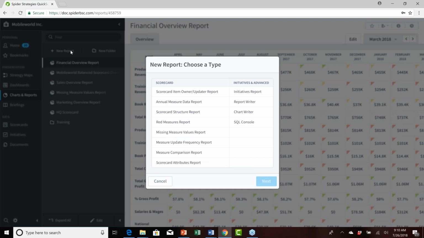In the left-hand column under the scorecard heading is what I call our out-of-box reports. And there are 8 out-of-box reports in the left-hand column. There's also an initiatives report on the right-hand column. So before we get into authoring a report, I just want to give you a sense of the nature of what are these choices? What does an annual measure data report look like? What will I get if I select that as an existing template that I can very quickly and easily fire